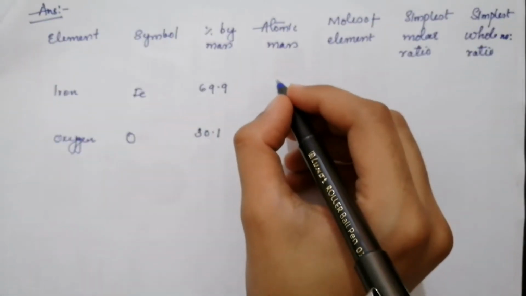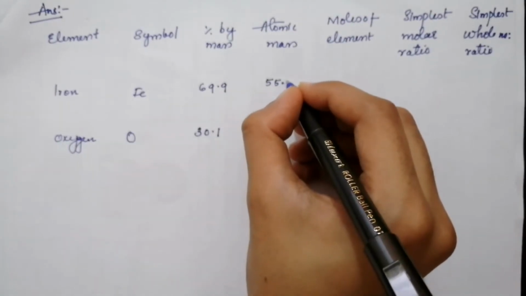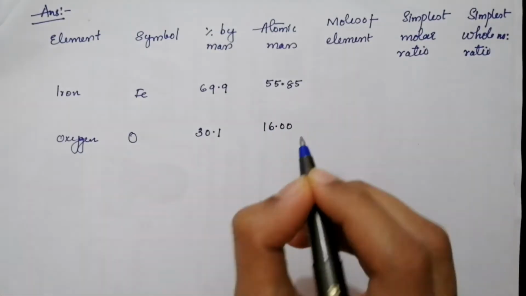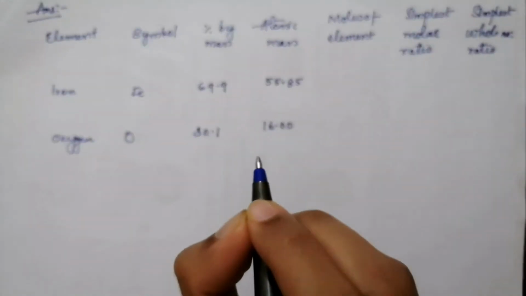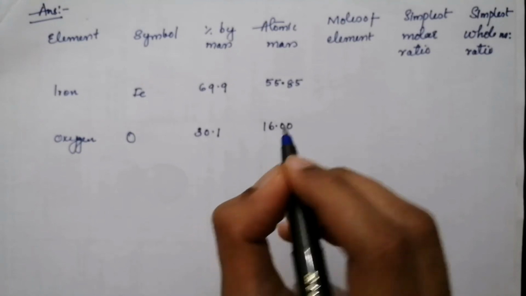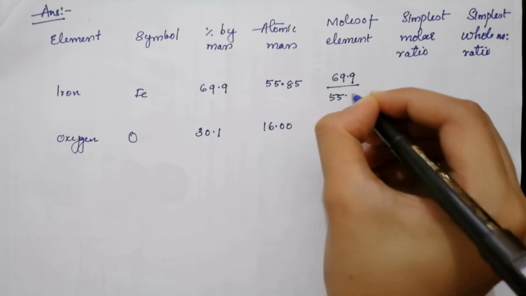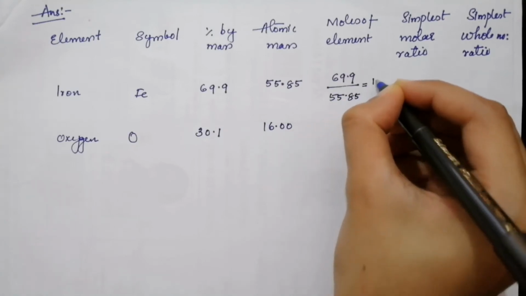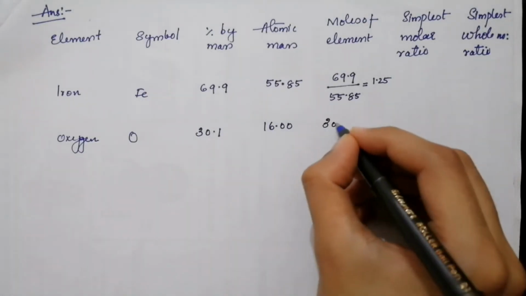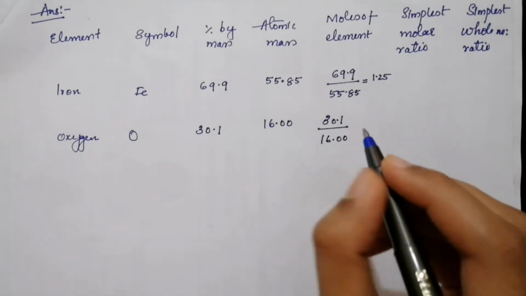The atomic mass, again, is already given in the question, which is 55.85, and for oxygen it is 16.00. The moles of element, to calculate this, we have to divide the percentage by mass with atomic mass. So we have 69.9 divided by 55.85, which is 1.25. And for oxygen it is 30.1, which is the mass percent, divided by the atomic mass, which is 16.00, which gives us